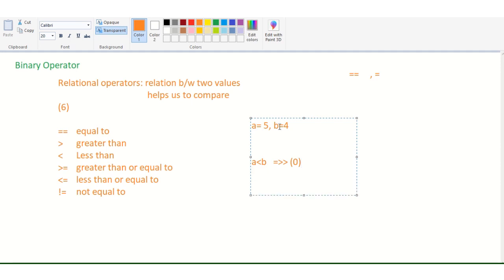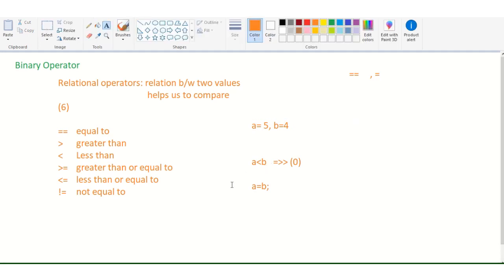Clear? If I say A is equal to B, then what does it mean? If you see it like this, then this is replacing the value of A. Now the value of A is 4, not 5. The value of A is 5 right now, right?